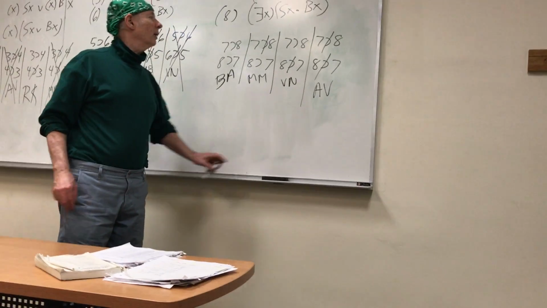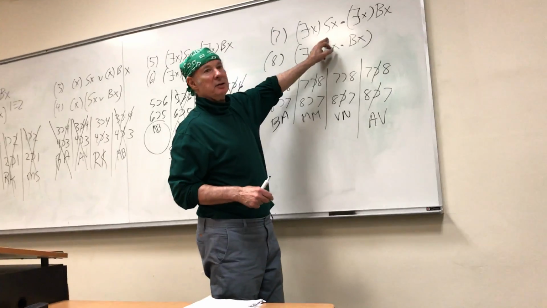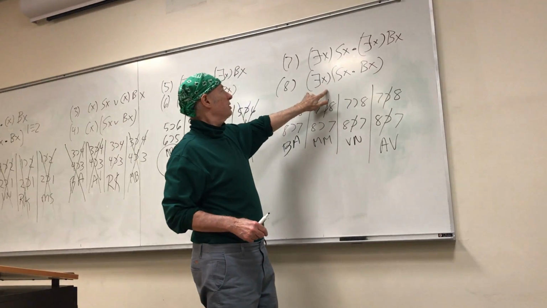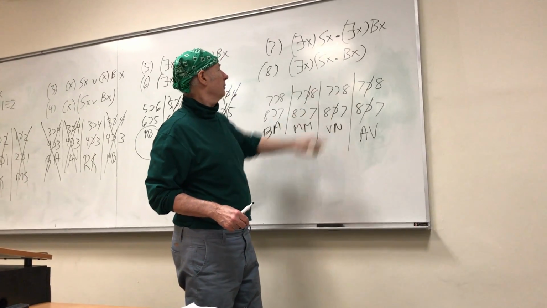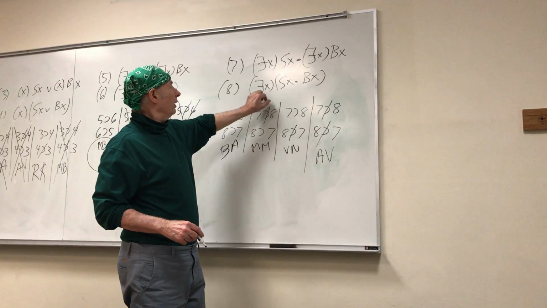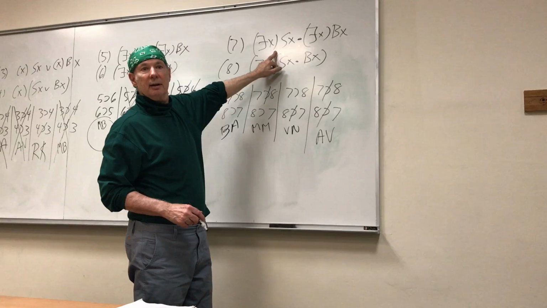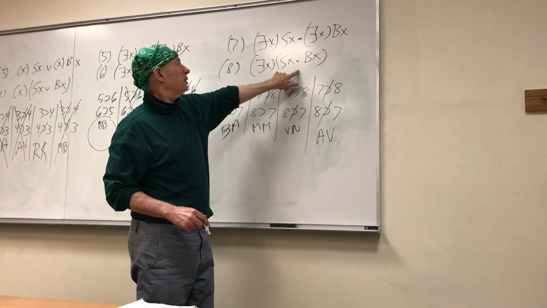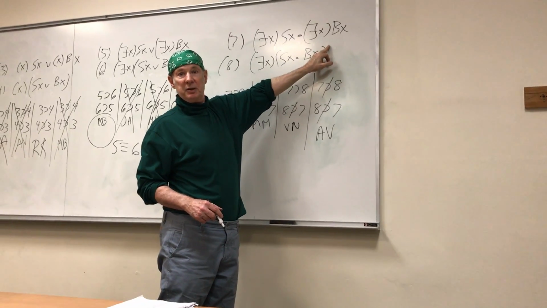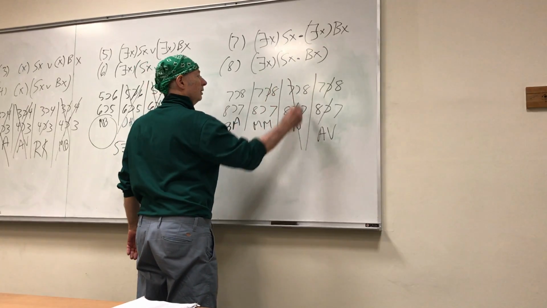So let's just read these. There is something that's sweet and there is something that's bitter. And this is, there is something that's sweet and bitter. So when 8 is true, is 7 true? If there is something that's sweet and bitter, is there something that's sweet? Yes. And if there's something that's sweet and bitter, is there something that's bitter? Yes. By simplification. And so 7 follows from 8, ruling out